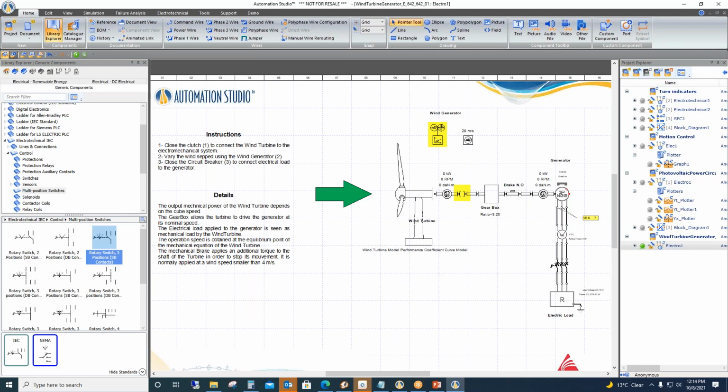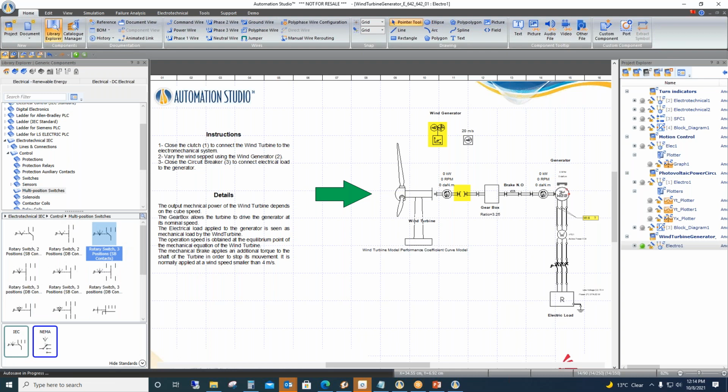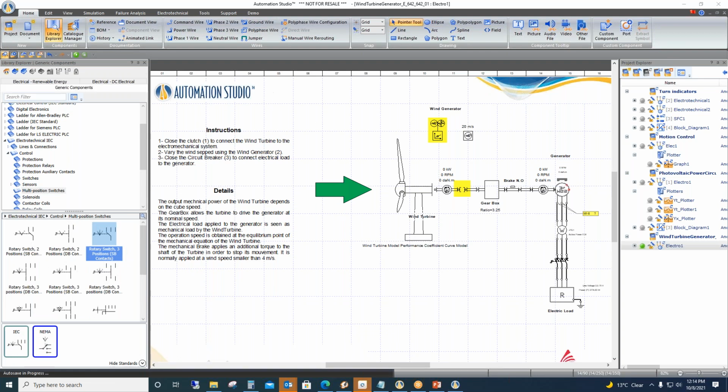So here, I hope you're able to see the screen. So this here is an example of a wind turbine generator. Auto save is in progress.